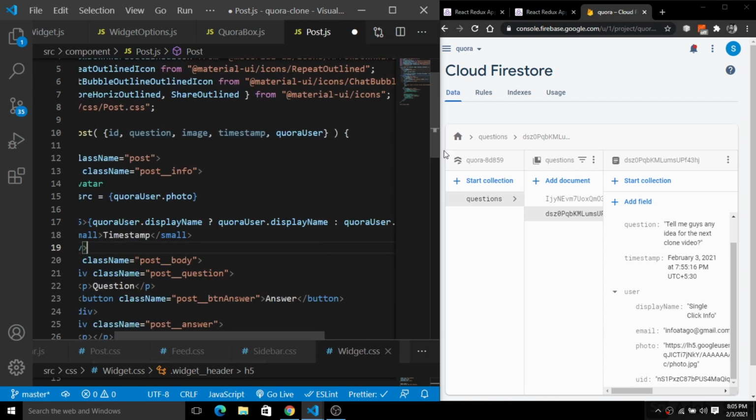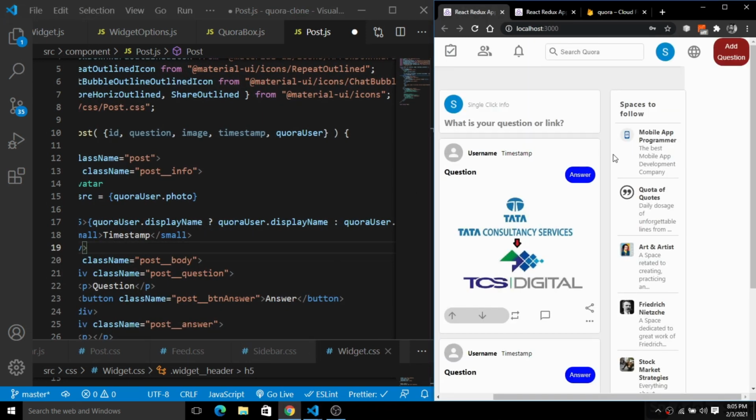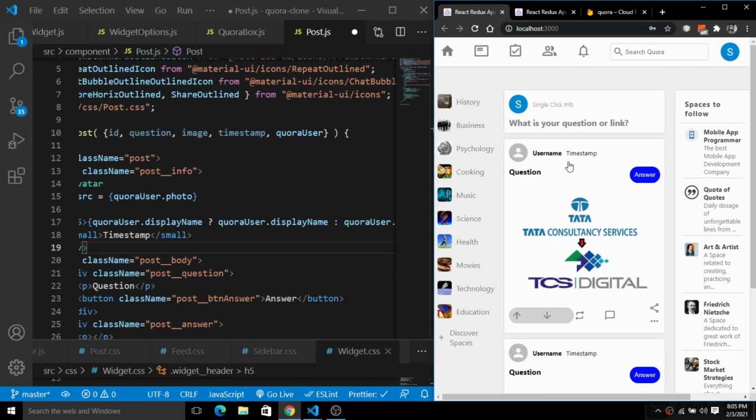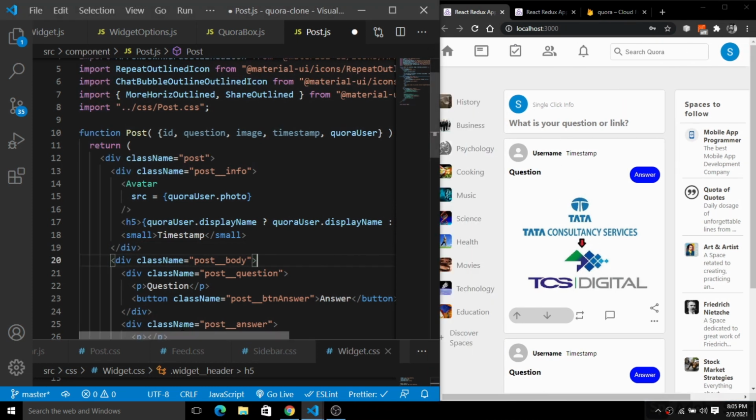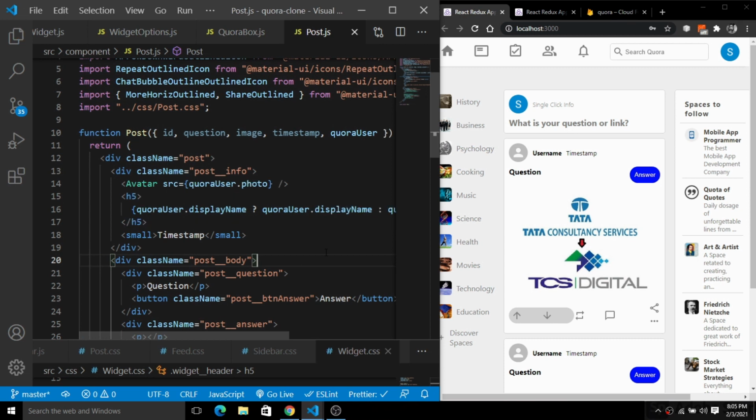Okay, so it's time to simply show you the exact coding of this. So here you guys can see we have these things here. Now I'm going to simply refresh, save this. You will see a bunch of stuff will be updated here. Okay, so you guys can see here we have this post here, and the photo URL of the user is updated, the name is updated.